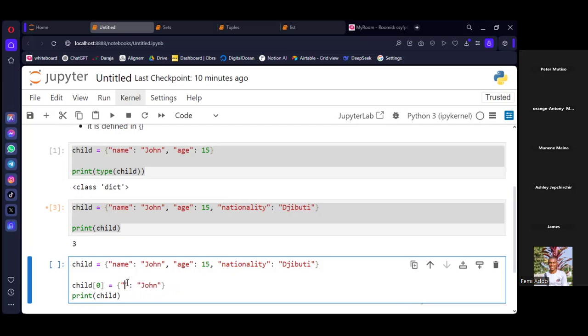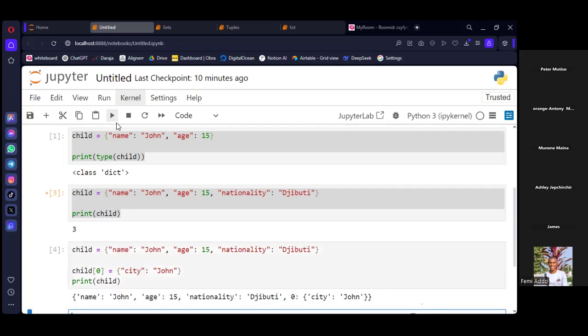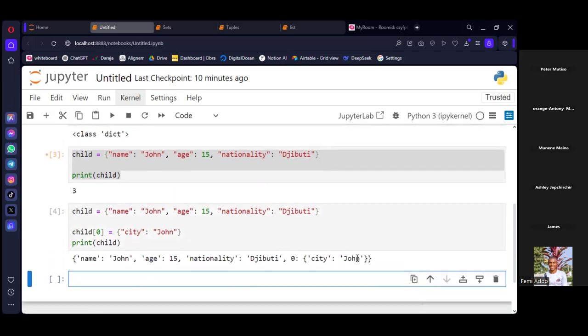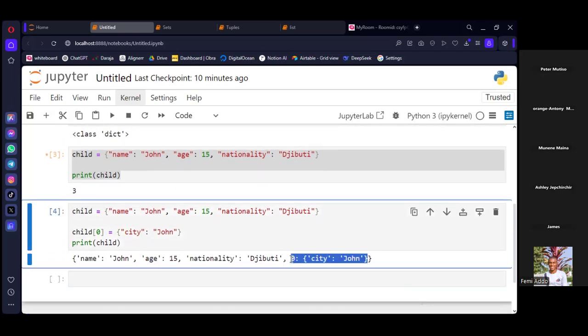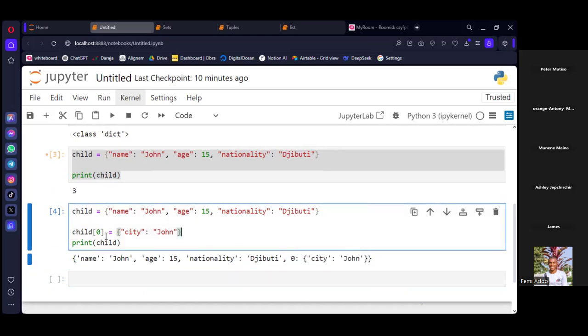Okay, you can see now it's not modifying. It's trying to add a new element in this case. So it's not modifying the element at index 0, it's trying to add a new element there. So even though it is ordered, you cannot modify by index.